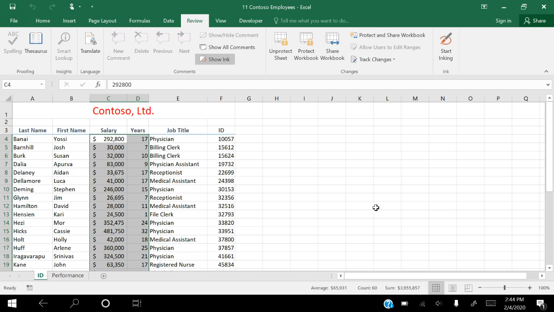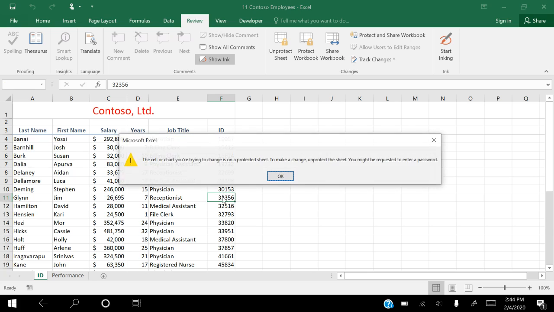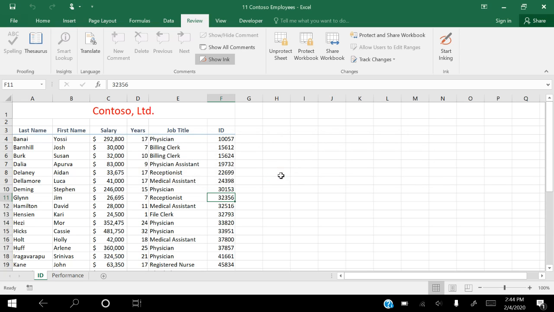So we're going to click cell F11 and try to type a new value in the cell. A dialog box informs you that you are unable to modify the cell because the worksheet is protected. Click OK to continue. Click cell D4